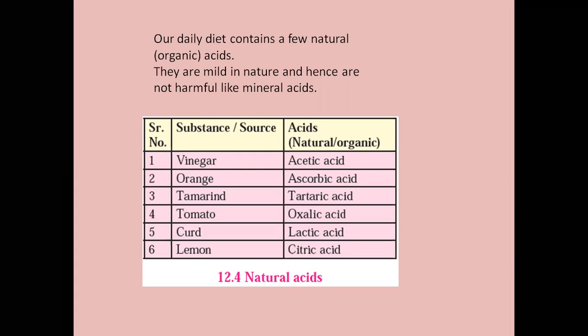Did you all understand about the acids and its chemical definition? Initially, we were saying acids are those substances which are sour in taste. But now we also know acids are those substances which, along with being sour in taste, contain H plus ion as the important ingredient, isn't it? Oranges have ascorbic acid.